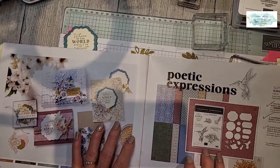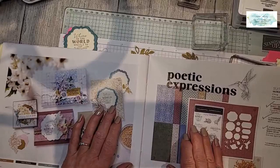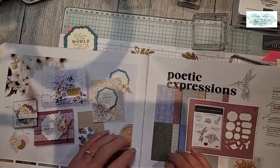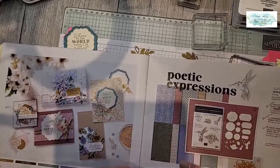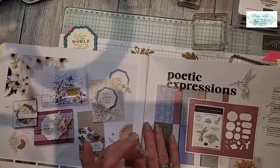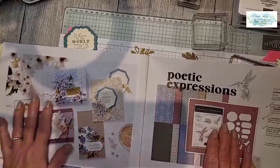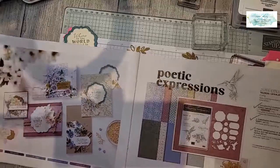But this mini catalog and all of the products in it continue until the end of April, at which time we will have a brand new annual catalog. We always get so excited for a new catalog coming out. I'm hoping that quite a number of products from this catalog carry over into the annual catalog, which often happens, particularly this set of dies or this whole stamp set because of the dies, which you'll see in a few seconds. So Poetic Expressions, it's this beautiful stamp set that has a